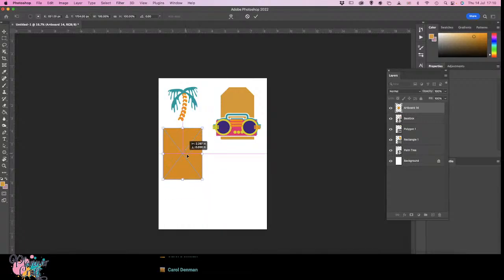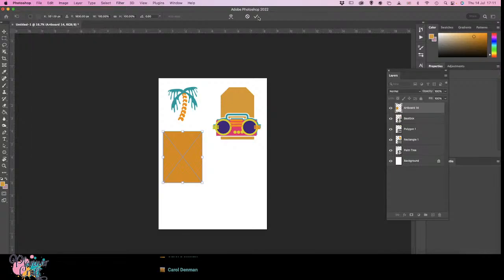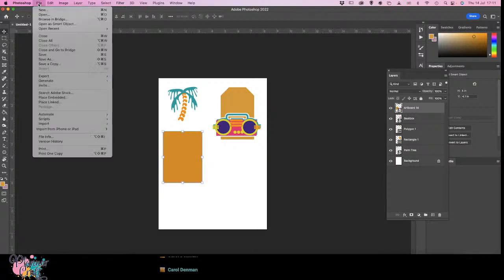So I can bring in a background. Now if I wanted to, I could go and use this shape here to apply that. But I'm just going to leave this as is for now. And let's paint something else. Oh, don't forget to say yes. Okay, so